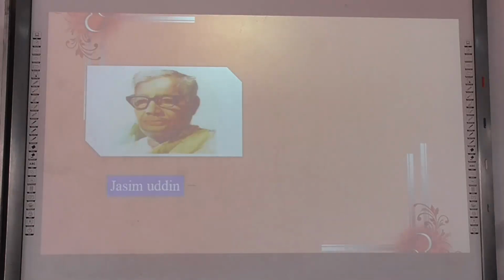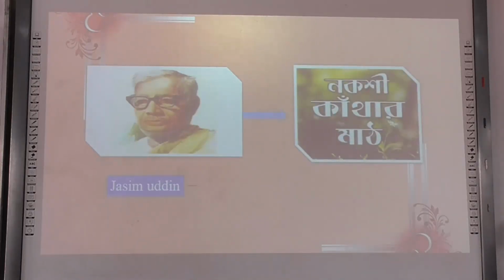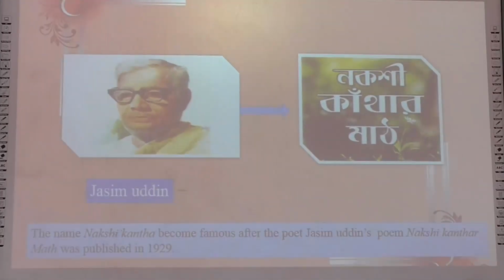Look at the picture. He is Joshimuddin and we know him as rural poet. And now Nakshi Kathar Mat. It was one of his famous poetry books, and the name Nakshi Katha became famous after the poet Joshimuddin's poem Nakshi Kathar Mat, which was published in 1929. জসিমউদ্দিন পল্লীকবি জসিমউদ্দিন যখন নকশি কাঁথার মাঠ কাব্যগ্রন্থটি প্রকাশ করেছিলেন 1929 সালে, তখন থেকেই এই নামটি অনেক বেশি জনপ্রিয়তা লাভ করেছে।